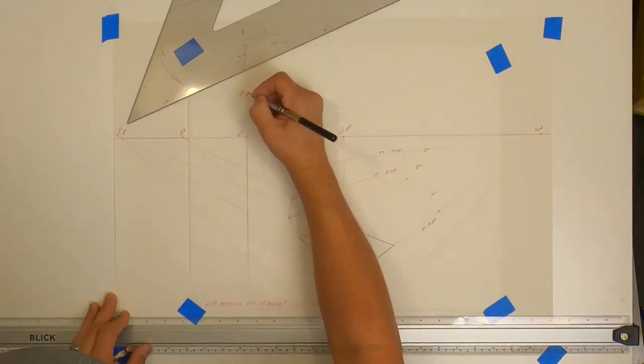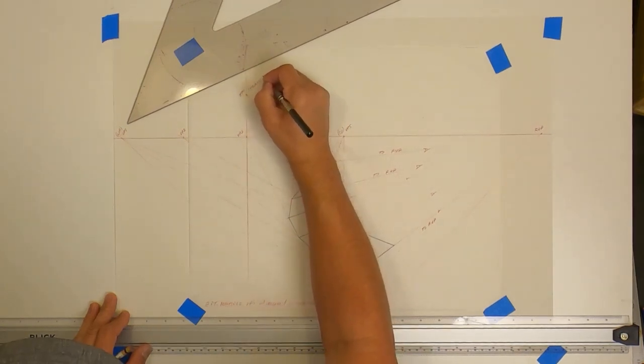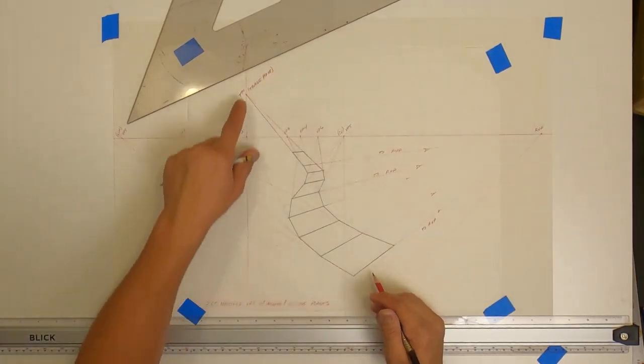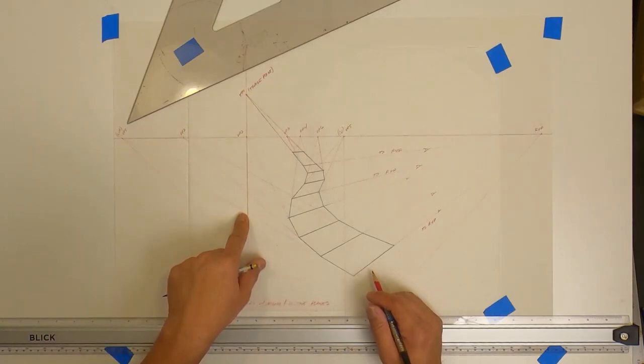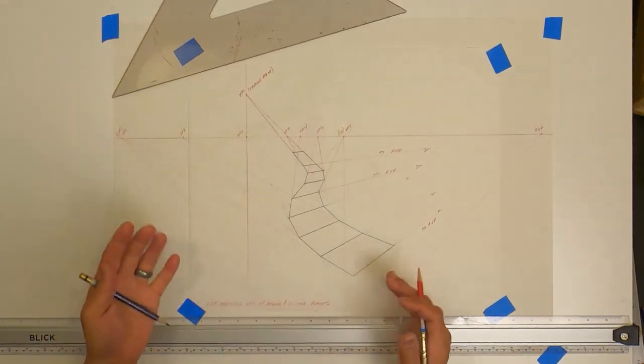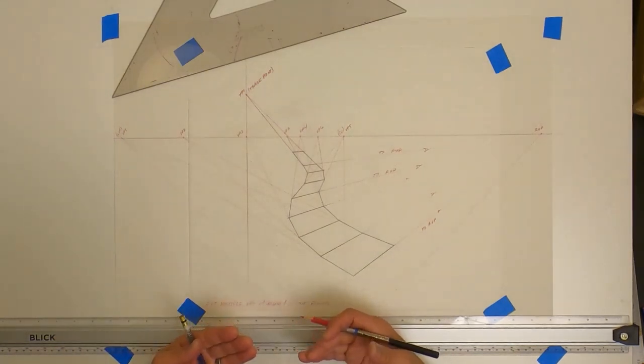So we're going to call this TP1, or trace point 1. Now, the interesting thing about trace points is that trace points are auxiliary vanishing points. And with these auxiliary vanishing points, in order for them to work, they need to correlate with